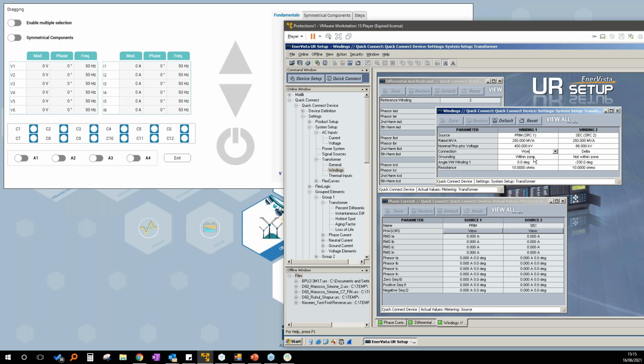The Y side is connected to the ground. The secondary side is not connected to the ground, and this is a YND11. This minus 330 means 11. So YND11.